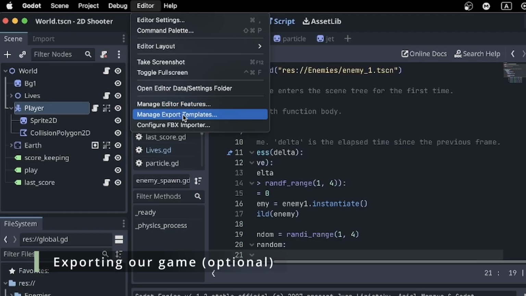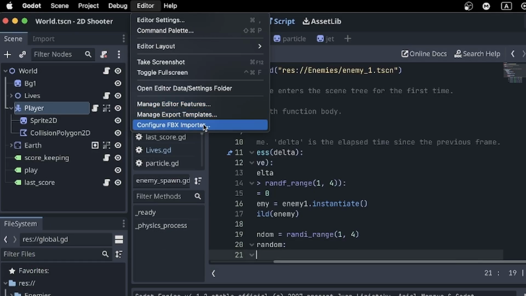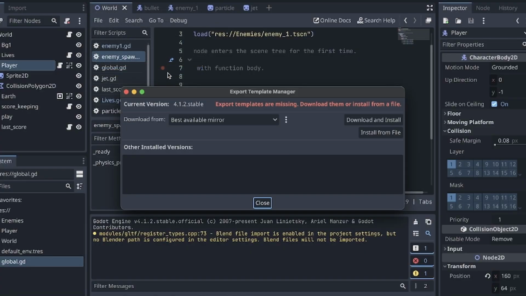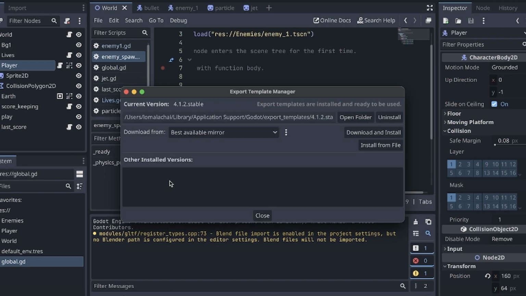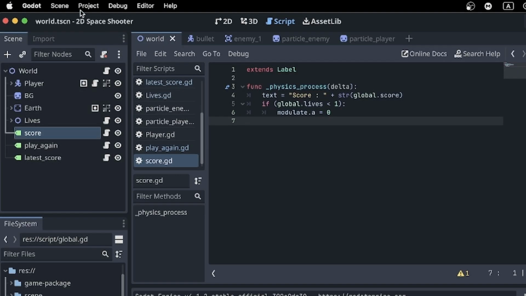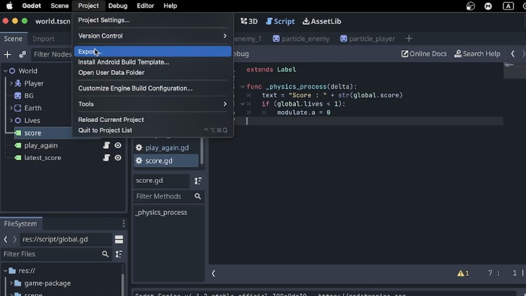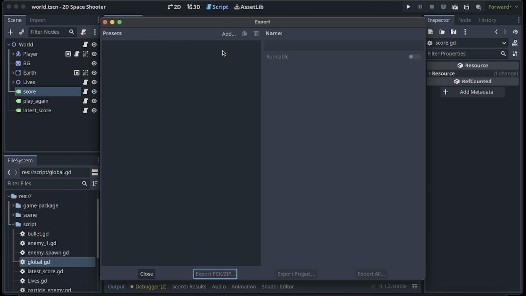For those of you out there who wants to export this game, up here you can see there's an editor tab. There should be manage export template. You can click on that, and inside there you can download and install an export template. This will basically help you export your game. Once you download it, just click close and you can go up to the project, click on project, and you can click on export. Once you click export, this should be the